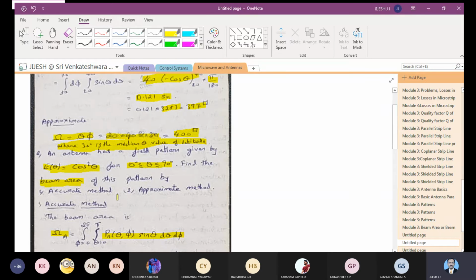What is the relationship between the power pattern and the field pattern? I told you to remember those things before. The power pattern is, can any one of you say? Can anyone say what the equation for the relationship of field pattern and power pattern is? If you refer before, you can see that.